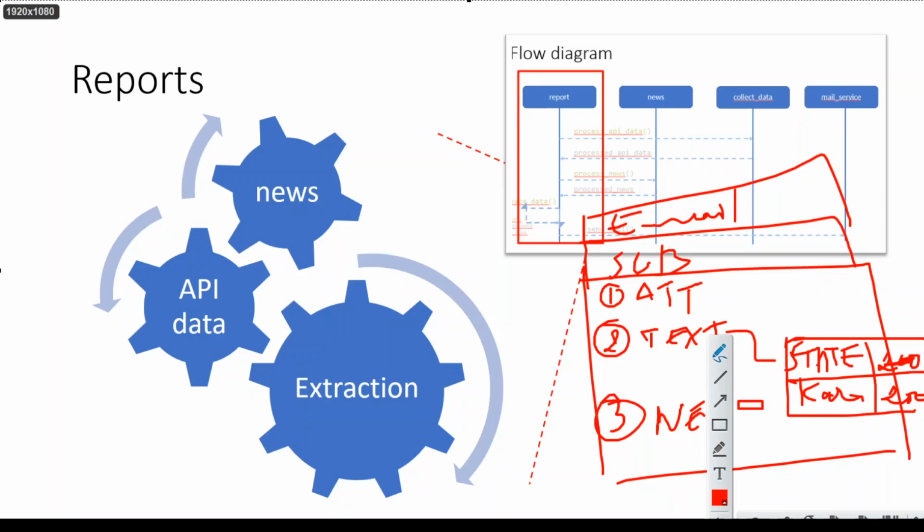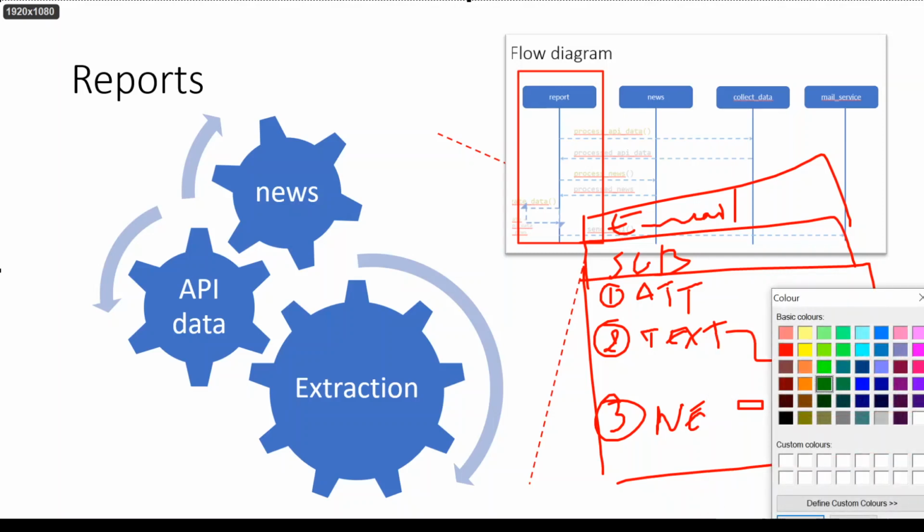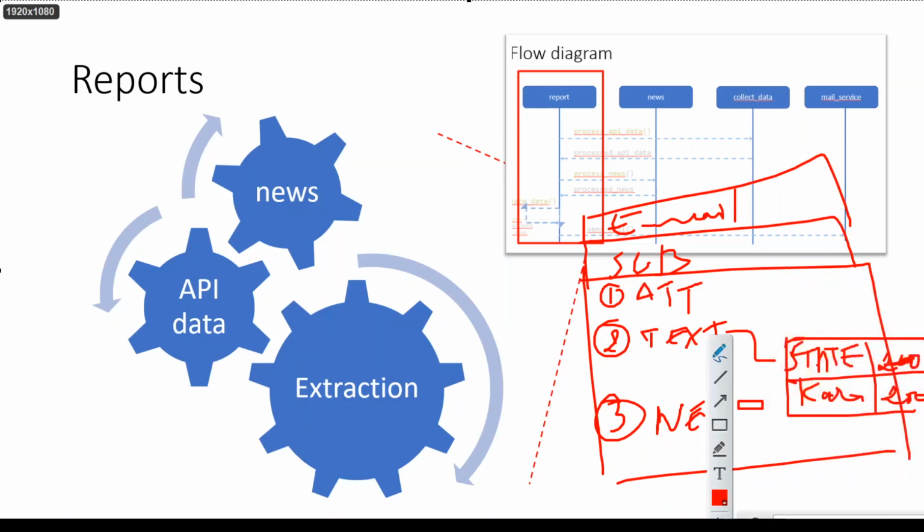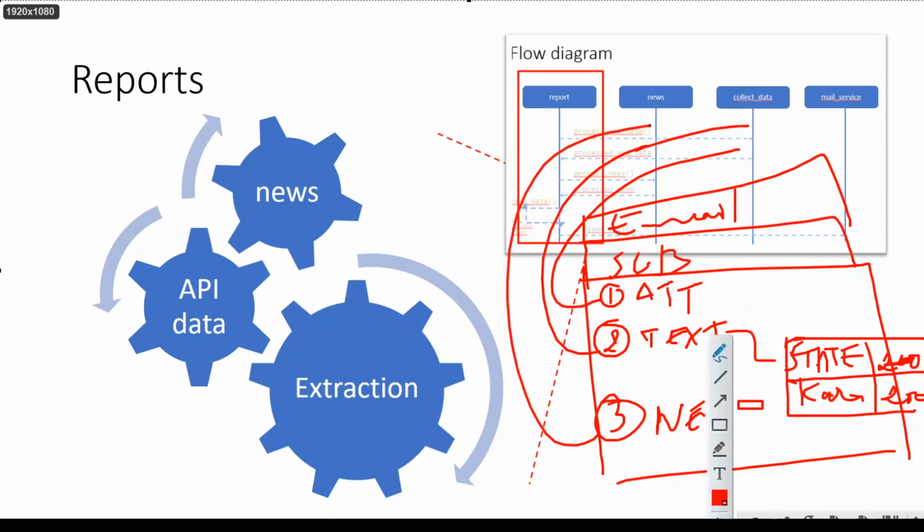So now we have collected the text that is coming from the collect data module. The attachment is also extracted from this, and the news is extracted from the news module. So the news is extracted, and this is the common part.